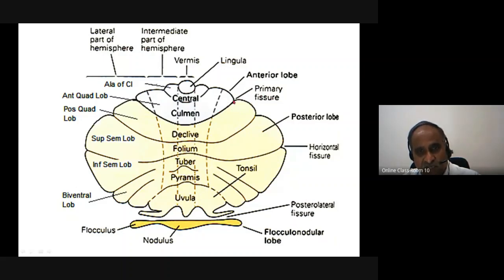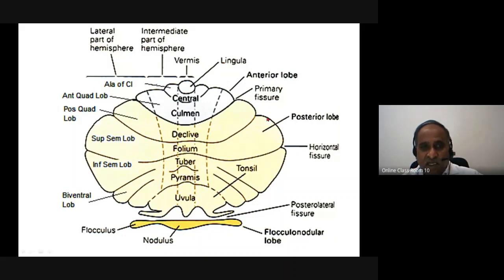This is the primary fissure. The primary fissure makes this white part the central anterior lobe of the cerebellum, and this yellowish part is the posterior lobe of the cerebellum, and this deep yellow is the flocculonodular lobe. And this part is divided into,